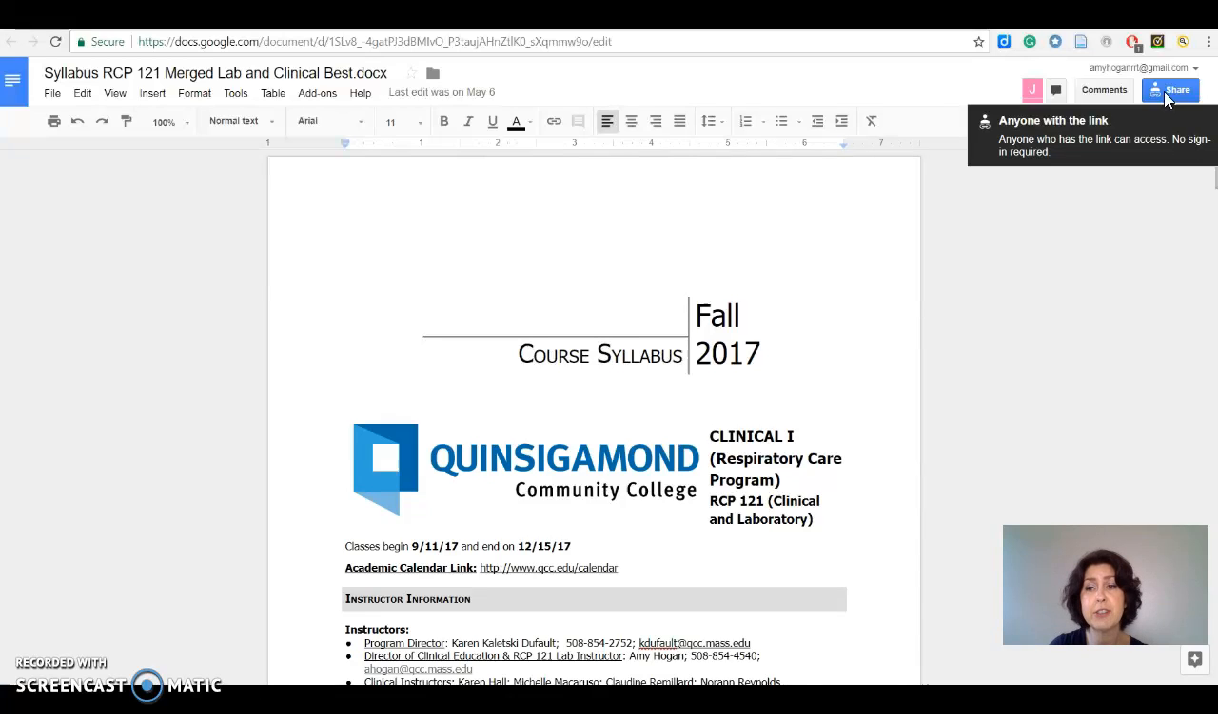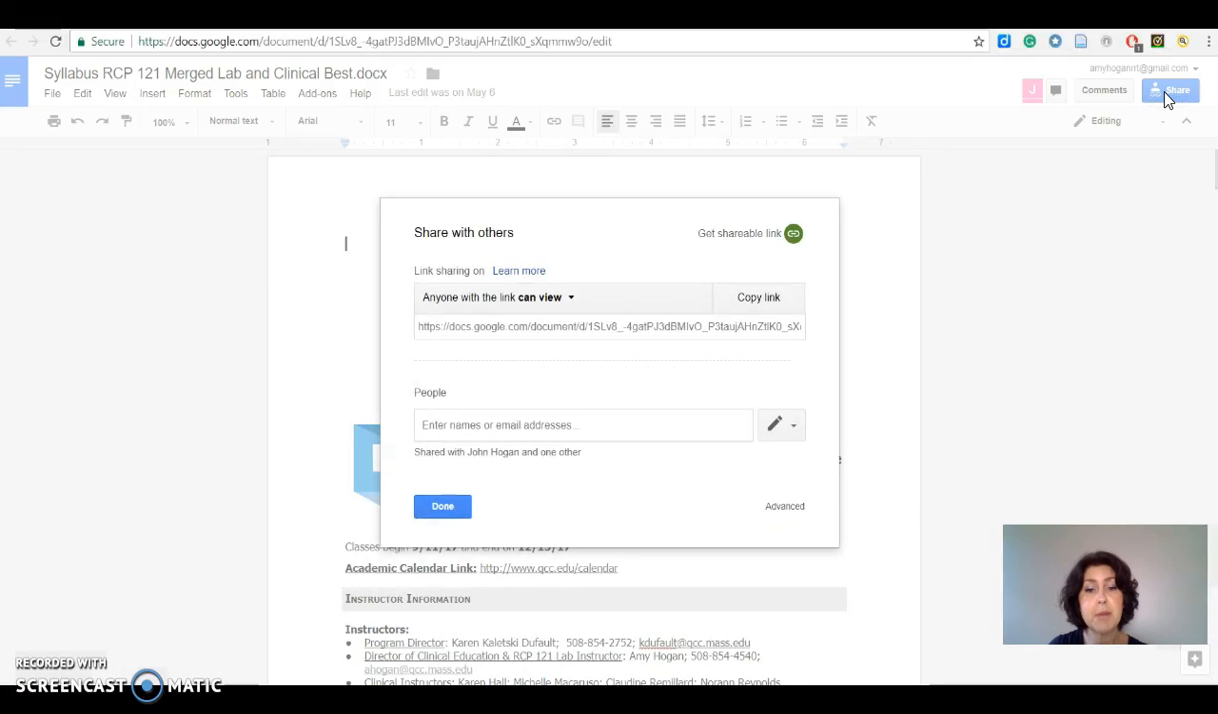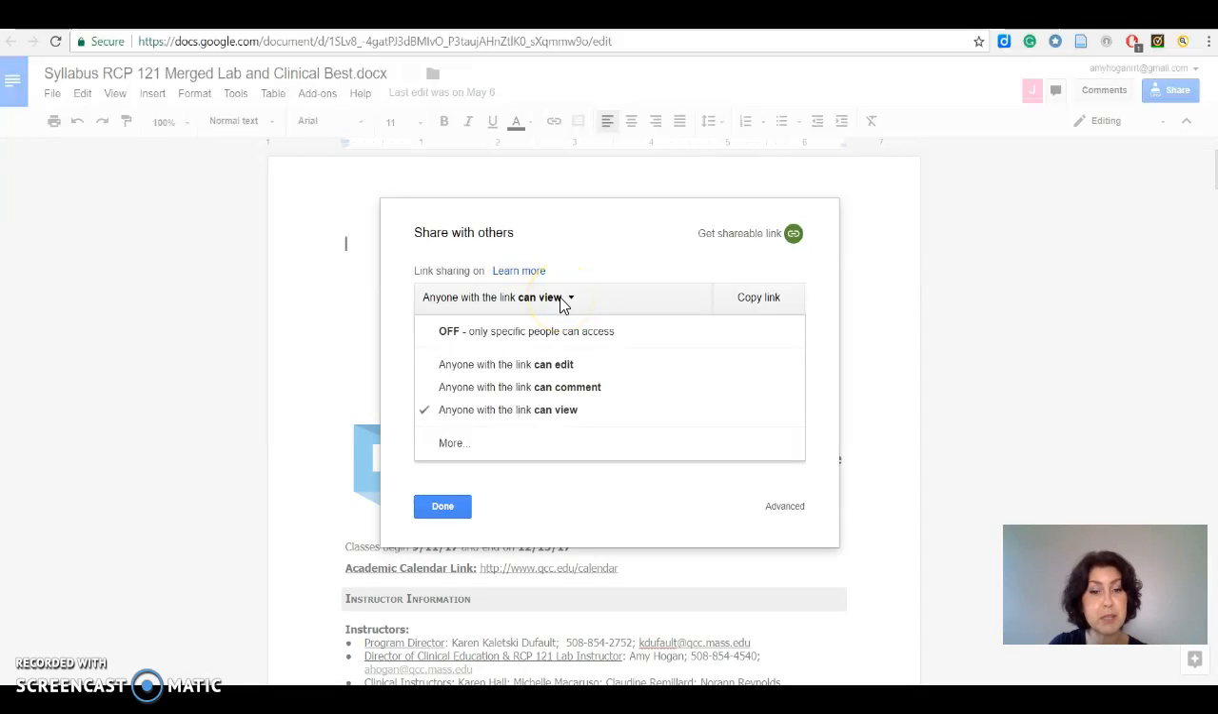So I'm going to go over here into the right upper corner and I'm going to click on Share. When I do that, it's going to give me some options. Now you could simply type in the email addresses of your students if you want to just email them the link, but you could also copy this link that's provided. Now you need to change your sharing permissions through this drop-down menu, and you have to make sure that your